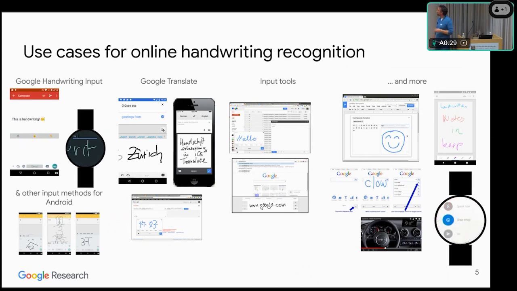There are other types of input tools across products, and of course, when you're talking about online handwriting input, it doesn't necessarily have to be text. It can be diagrams, schemas, equations, all sorts of other things that are much easier to draw than to try to input with a mouse or a keyboard. One cool one here: cars don't really have keyboards or practical ways to input either. That's another place where we can use our models to input text.